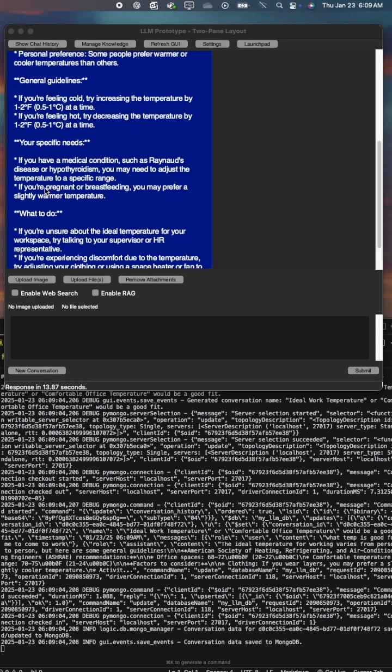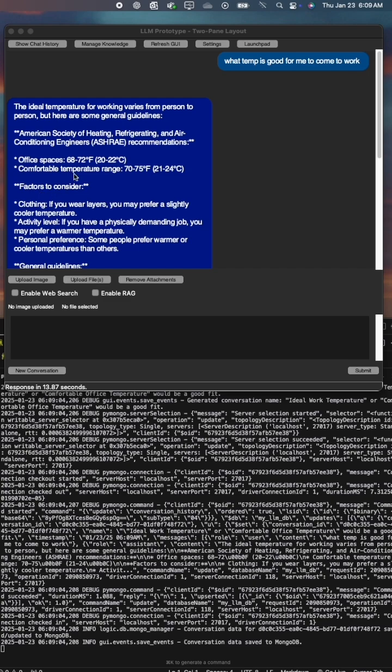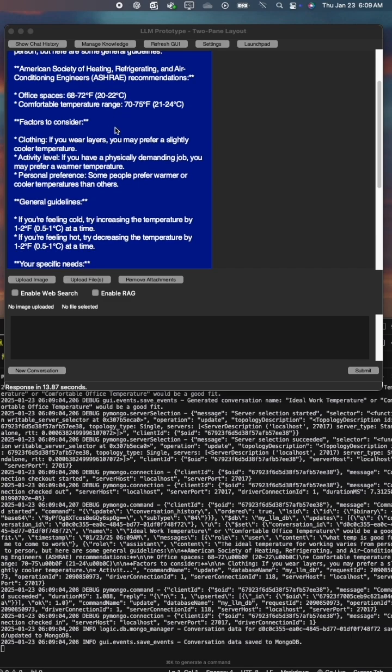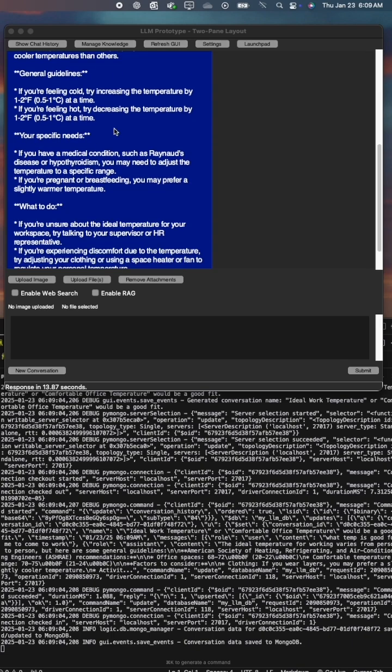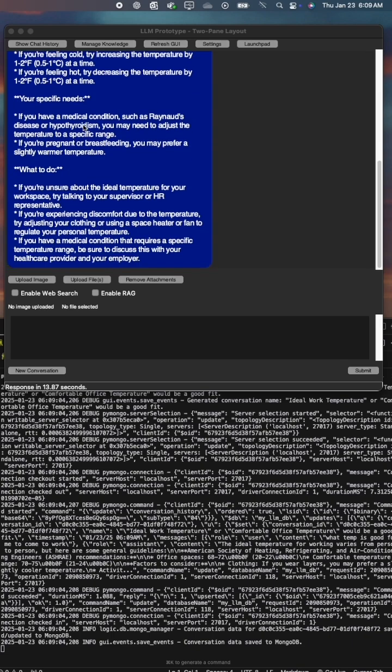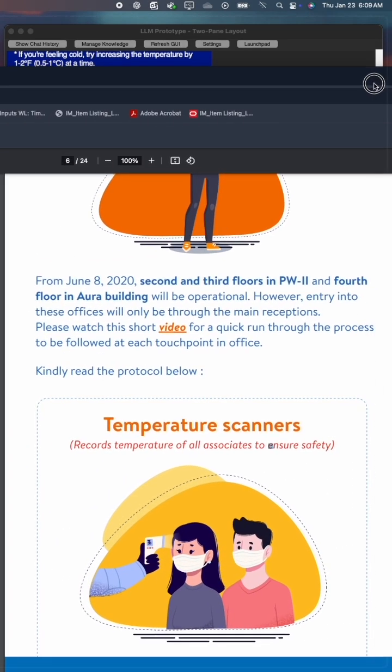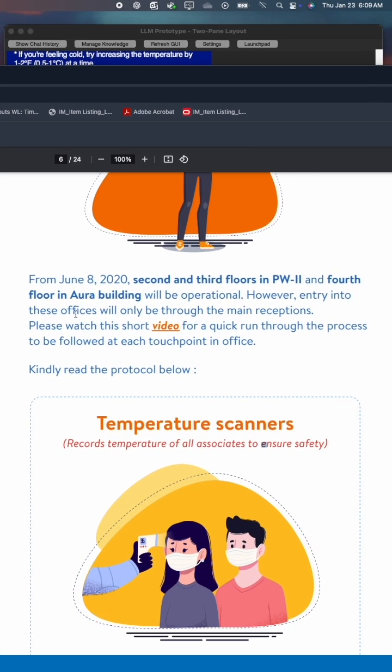All right, and so here it's bringing some information about office spaces and comfortable temperatures, and yeah, it's not necessarily what we're looking for, right? If you're unsure about your ideal temperature for your workspace, try talking to your supervisor or HR representative. All right. In the document here, we can see that there's some temperature protocols,